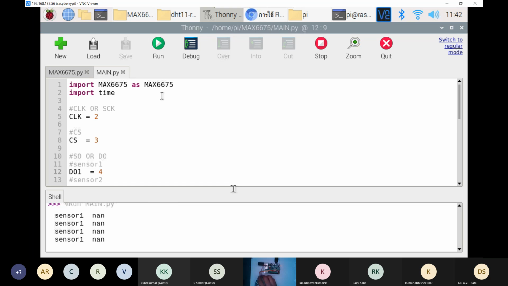Okay, sensor is showing NaN. There are some issues with the pins. Connection with the voltage pin is fine. Let me just recheck the connection.